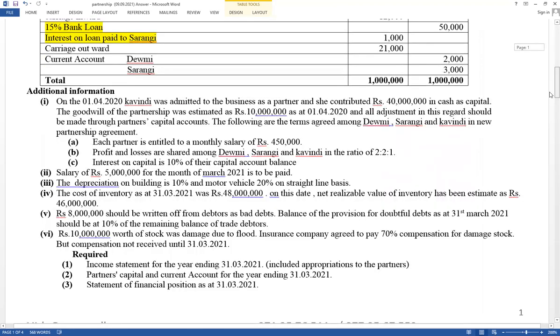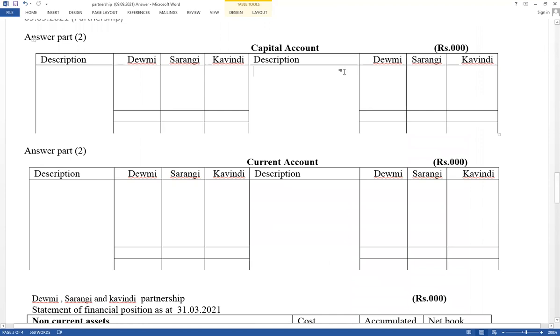Take the balances, both capital accounts and current accounts. Those are equity. Normally we can see credit balance. Therefore, for the capital accounts, only the two existing partners have been given balances. The new partner has no balance. 60,000 as well as 50,000. Carve in this new partner. Then the current account balances are also given. Devumi and Sarangi